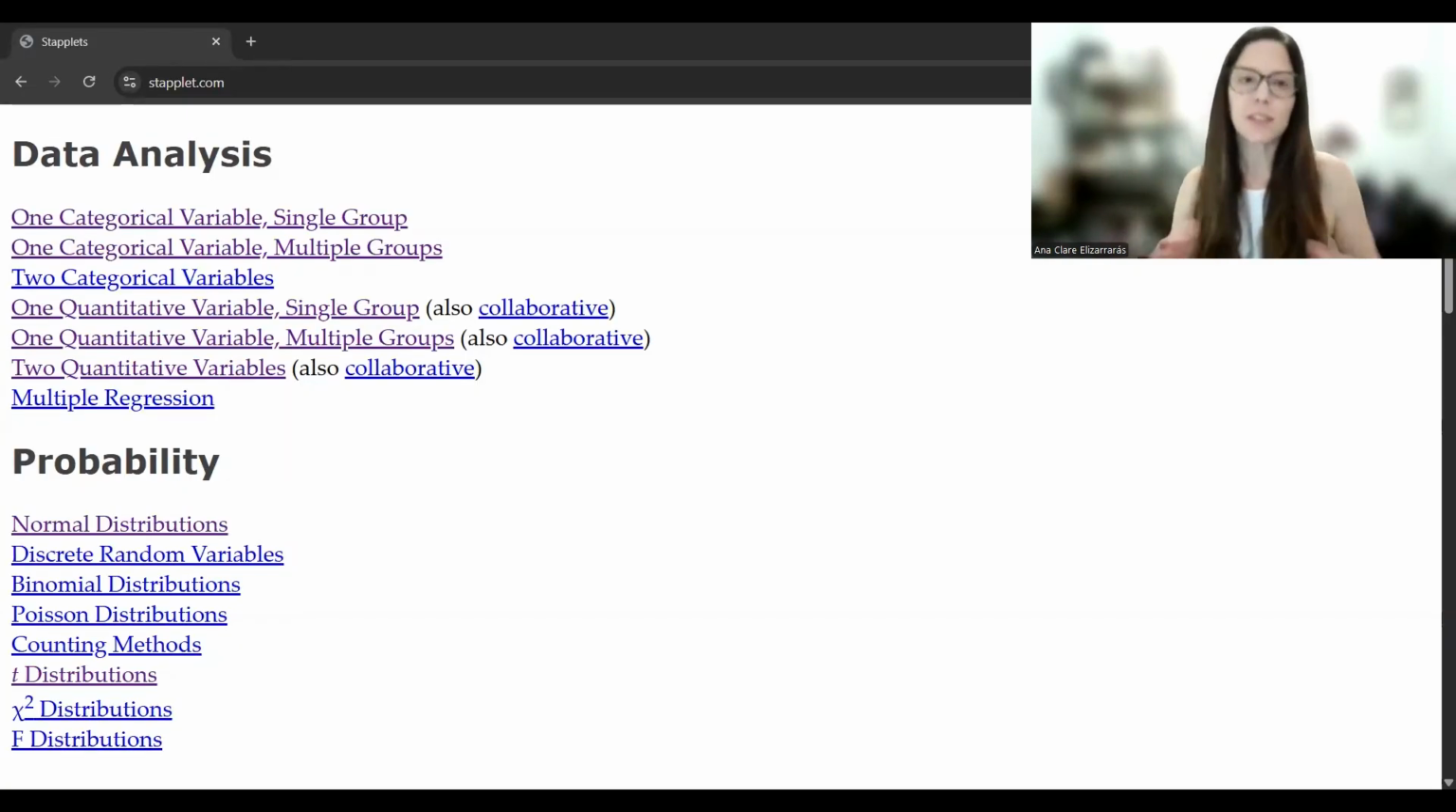We are focusing on statistics. Today is a super quick video on creating a box plot using Stapplet. Stapplet is the free online resource that we use to create graphs and perform calculations and inference, all sorts of wonderful things. The first thing that you need to do when you want to make a box plot is go to stapplet.com. So open an internet browser, type in